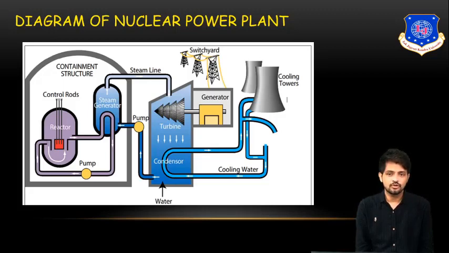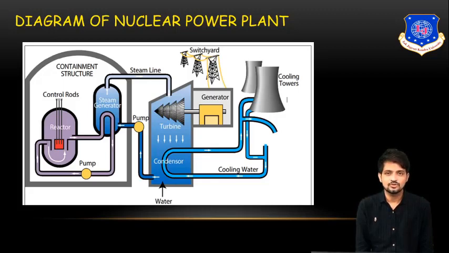Okay, first of all, if we talk about the reactor, we will not go into detail in this lecture. We will study the details of the nuclear power plant in the next lecture. But today you have to understand only the basic concept. As I have already told you, the nuclear reactor is used to generate heat. The heat required to convert water into steam is obtained from the nuclear reactor. The nuclear reactor is basically a vessel that consists of uranium as fuel, and water is also used there. Then it also consists of control rods.